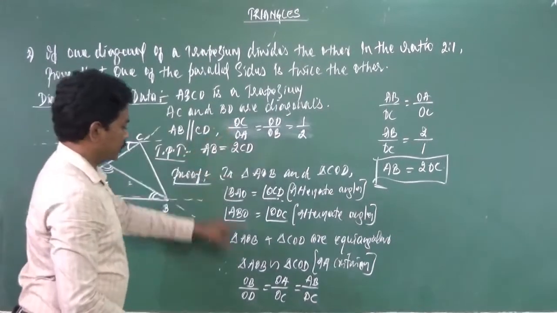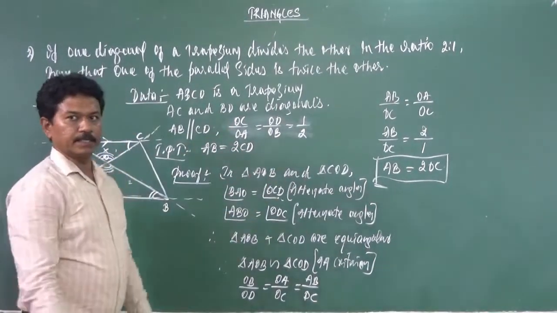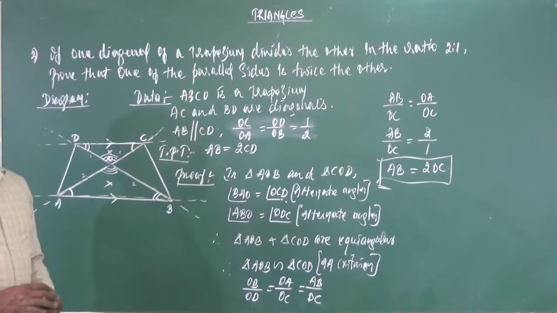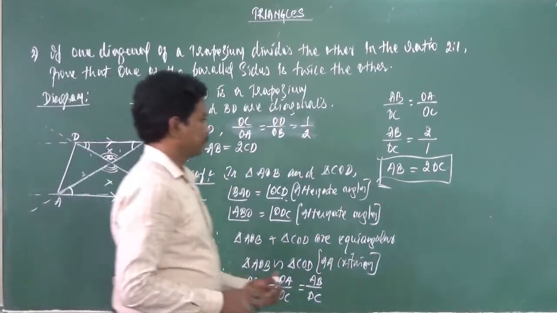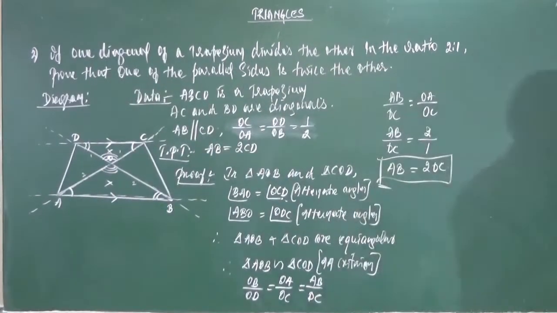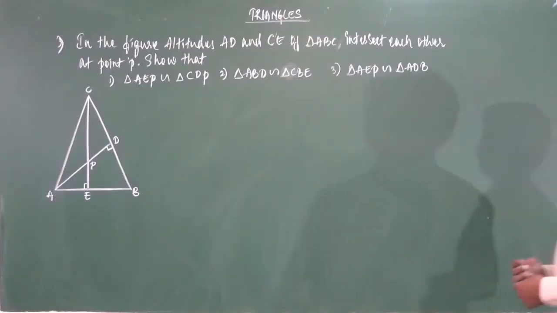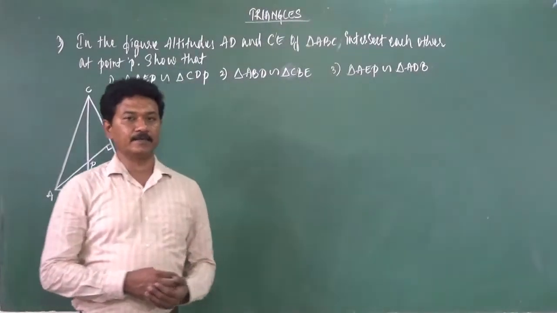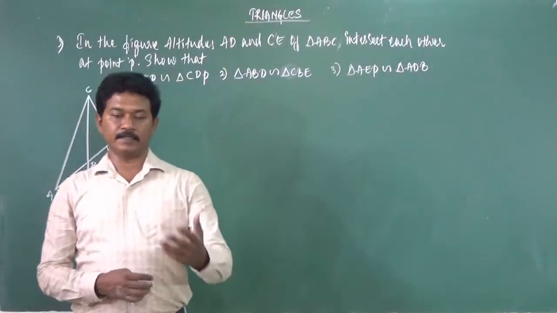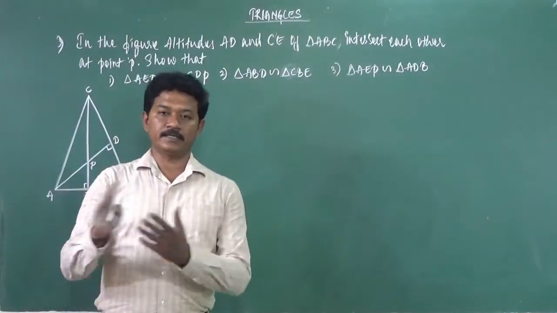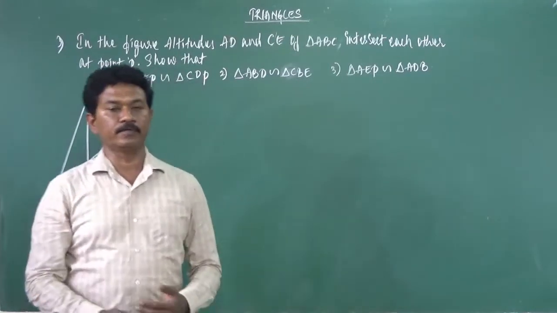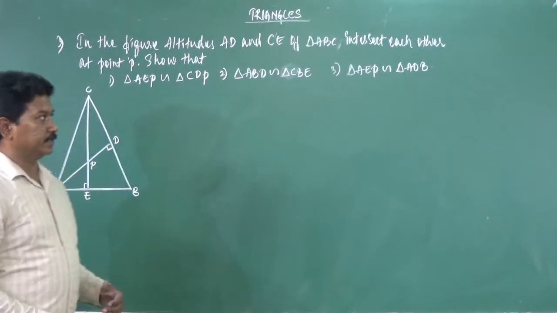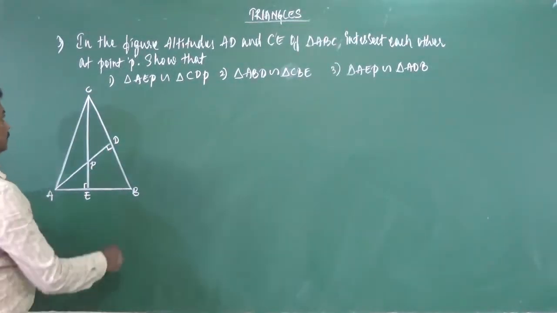So while taking the ratios, please be a little bit careful in that. Right? So this is how it comes for 3 marks. Very important. Okay, we will move on to the next rider. This will be the last rider on AA criterion in your syllabus. So in the next video, we will be going with numericals on AA criterion, which is for 2 marks. Right. So let us get into this.